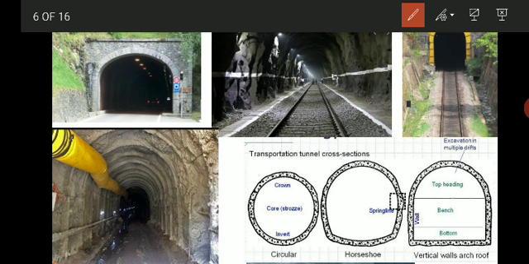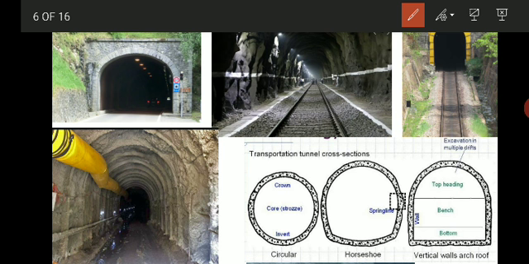So if you travel through Konkan railway also, you can come across many tunnels. When you go to Dudhsagar, there are tunnels, right? So tunnels are constructed without disturbing the overlying rocks. Then there are different types of tunnels, based on the purpose for which they are used.